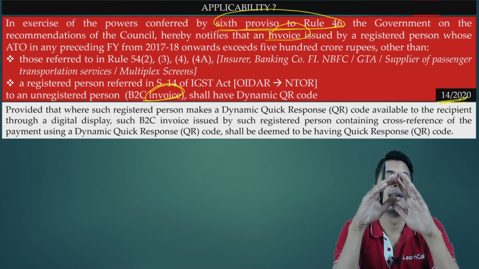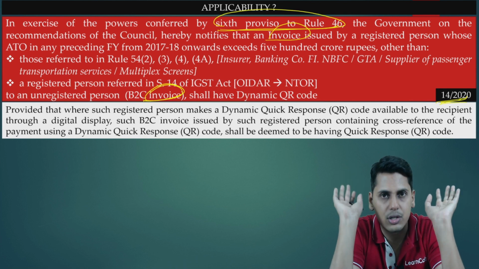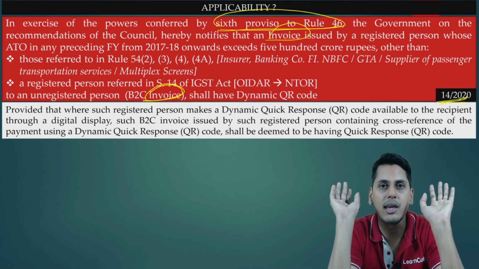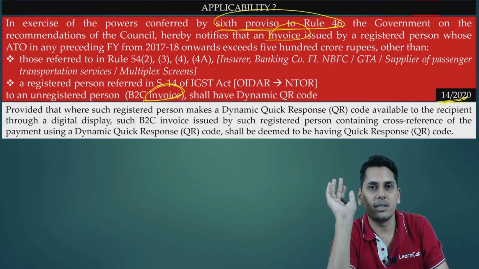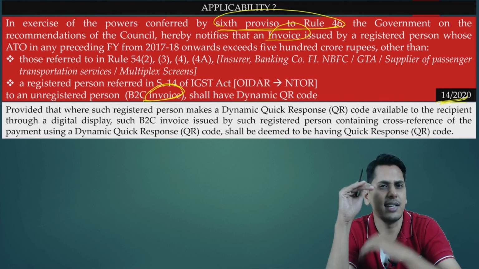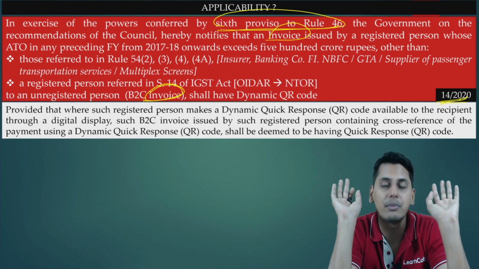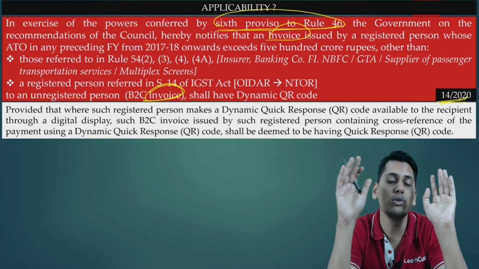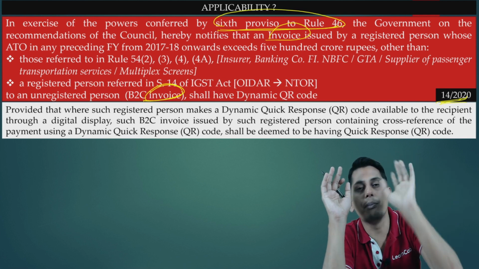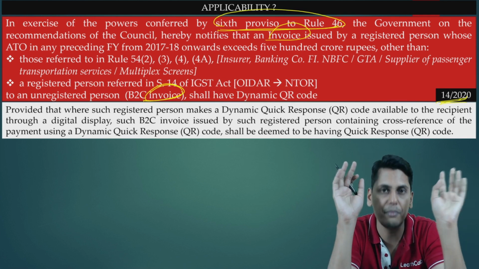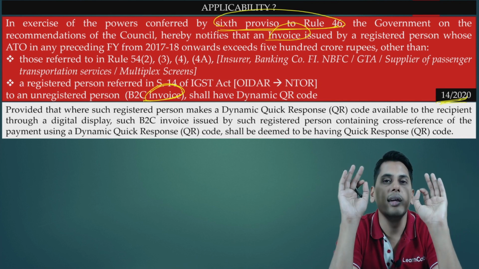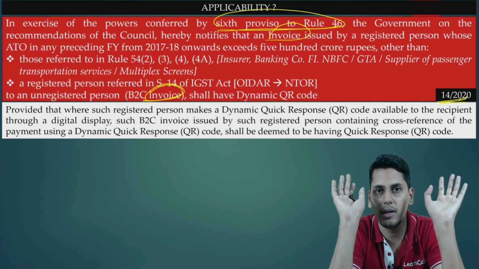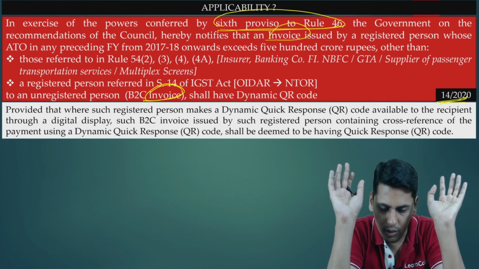For bill of supply, there is no notification which is being issued. So friends, technically speaking, let's suppose a registered person whose aggregate turnover is exceeding the threshold and is not exempted, for the B2C supplies which he is making, if he is issuing a bill of supply, which means those supplies are exempted, technically speaking, it need not contain a dynamic QR code.